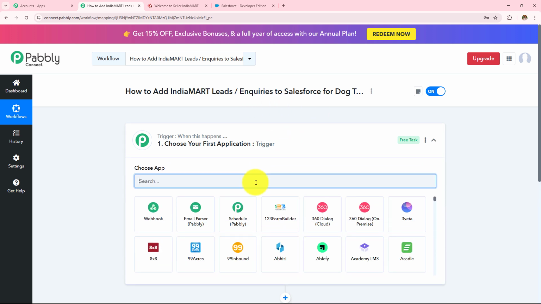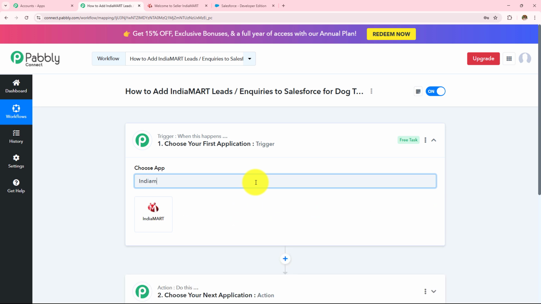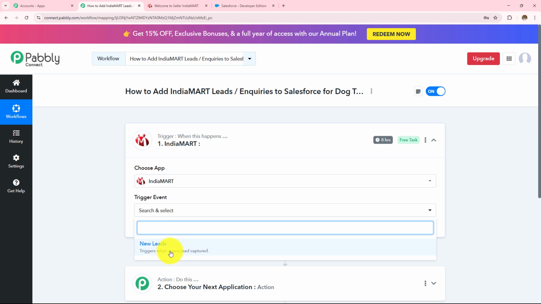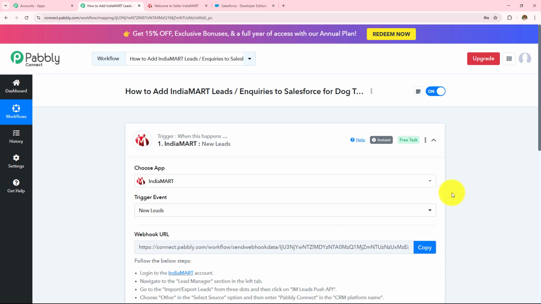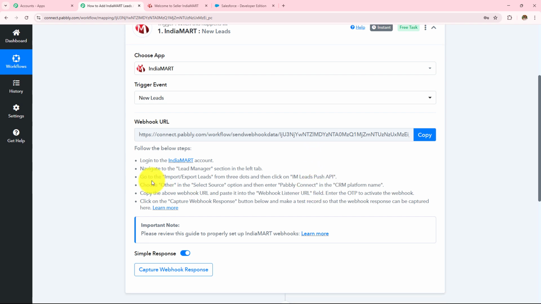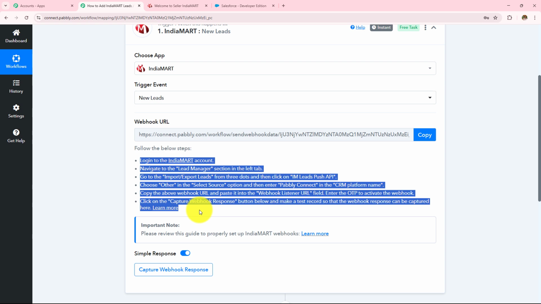So here in my trigger application, I am going to take IndiaMART, and then in my trigger event, I am going to take this new leads. Now I have to make a connection between Pabbly Connect and IndiaMART, for which a webhook URL is provided to me, and this webhook URL is going to act as a bridge to connect my IndiaMART with Pabbly Connect. So reading this help desk, I am going to make this connection, and to make this connection, let me open